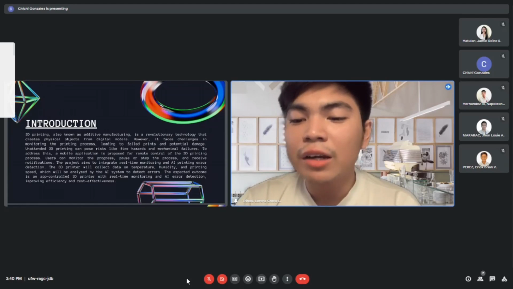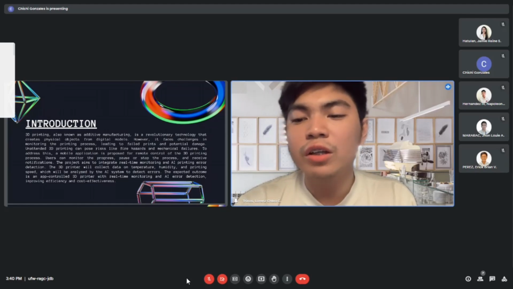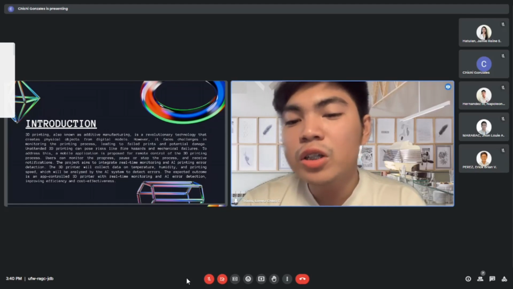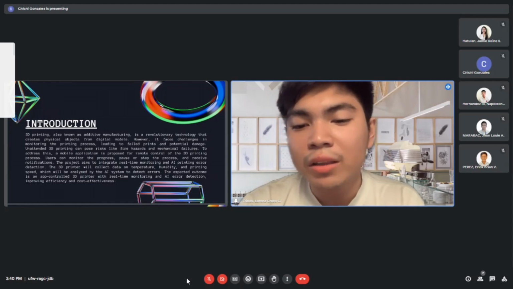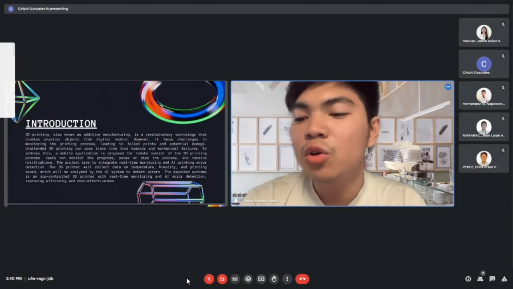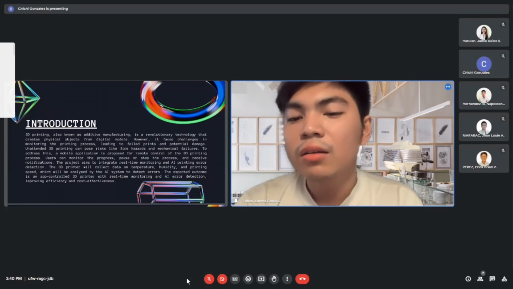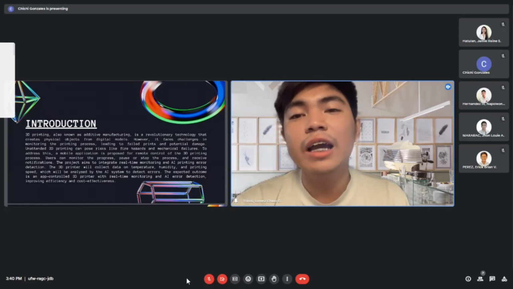A more efficient and reliable solution is the use of a mobile application to control the 3D printing process remotely. With an app-controlled 3D printing system, users can monitor and control the printing process from their smartphones or tablets. They can check the real-time status of the print, pause or stop the process, and receive notifications when the print is completed or when an error occurs. So, to address the issue,